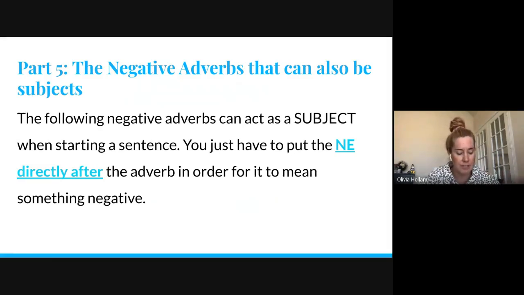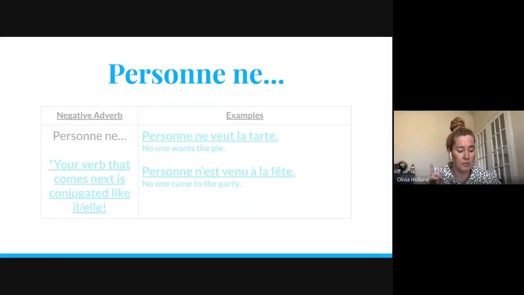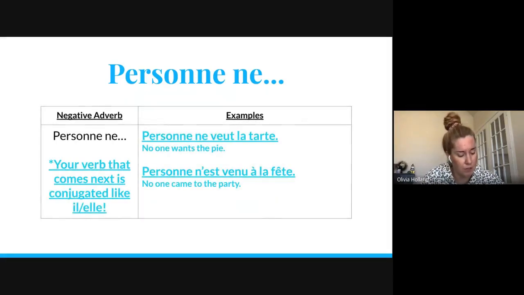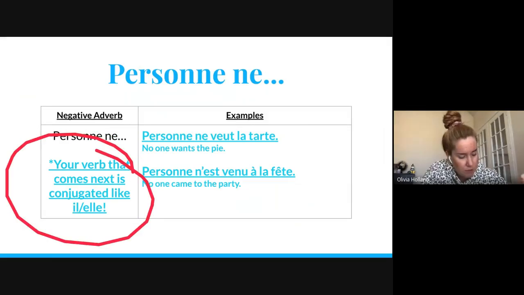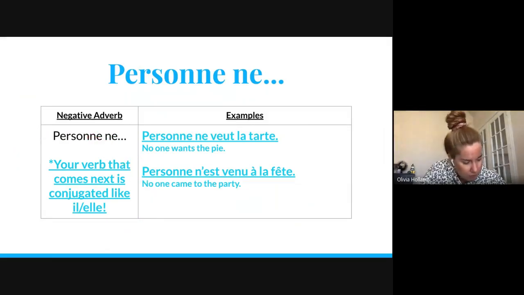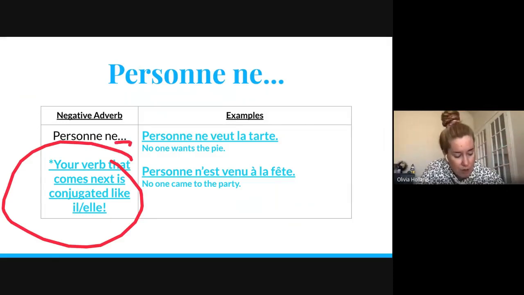This first one that you're gonna see is no one. You can put no one as a subject. You can say no one likes me or no one is coming to the mall. It can be a subject, okay? The things that you have to note here, there's kind of two things I want you to know. When you have personne, I need to go over that. Okay, so you have to first have the ne right after the word personne in order for